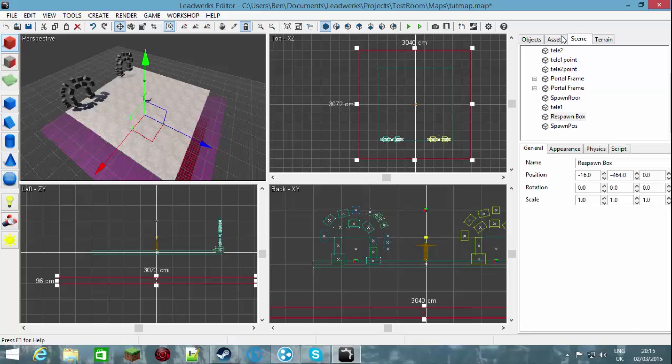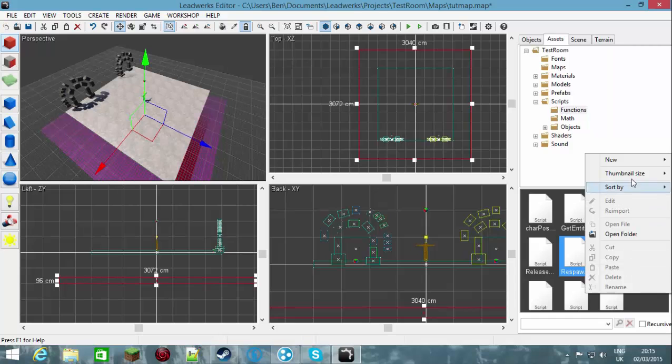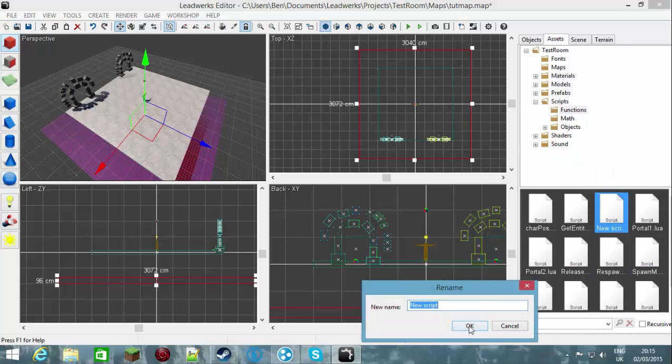Now the next thing we want to do is go into assets and into your scripts. Now we're going to be doing this on the same map as I made the teleporters tutorial. These are the teleporters that I just edited. Now you're going to go into new and script, and we're going to call this respawn player,